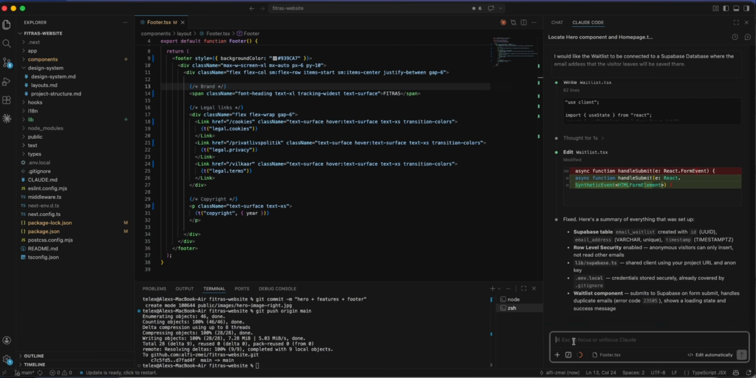But now we're going to need to connect the database to this project. So we're going to say, I'll just do it like this. How do I connect my React plus Next.js website to the Supabase